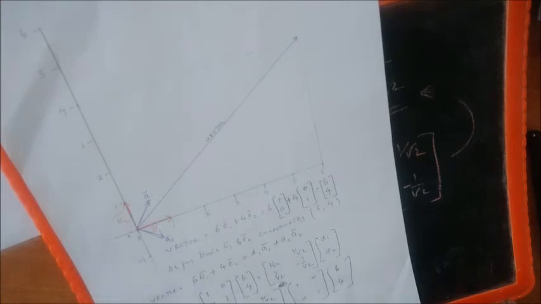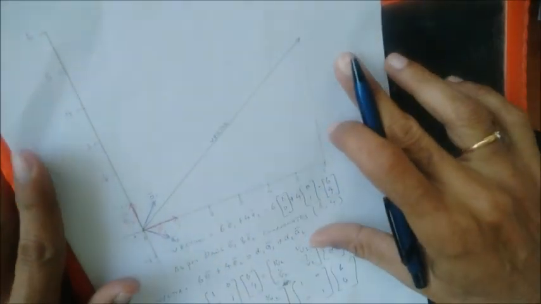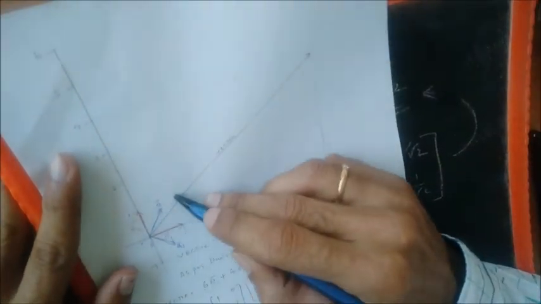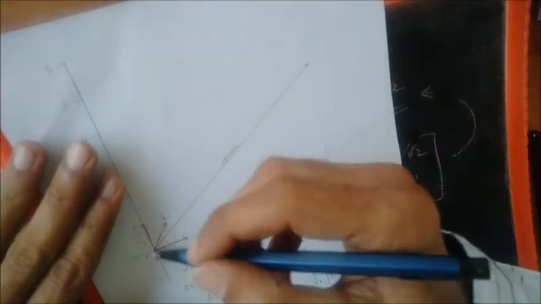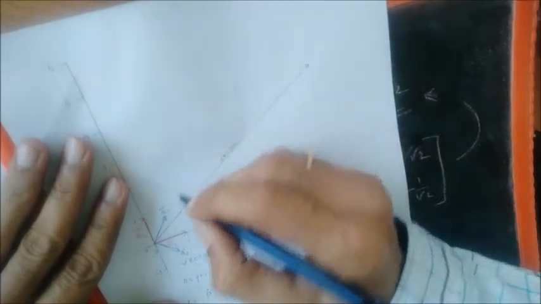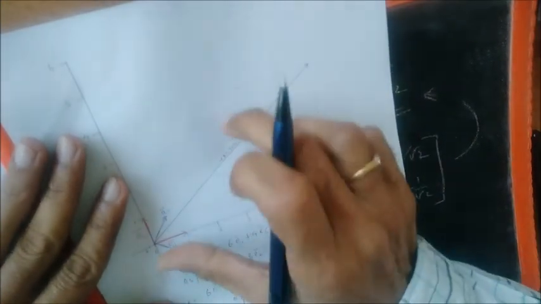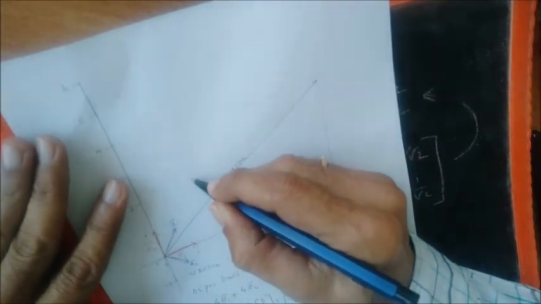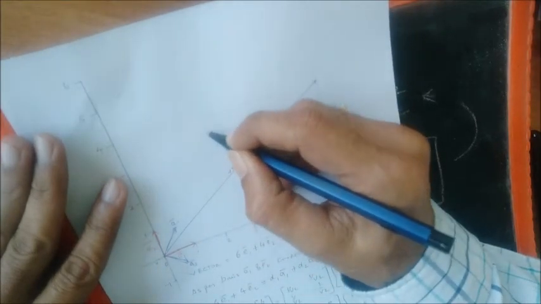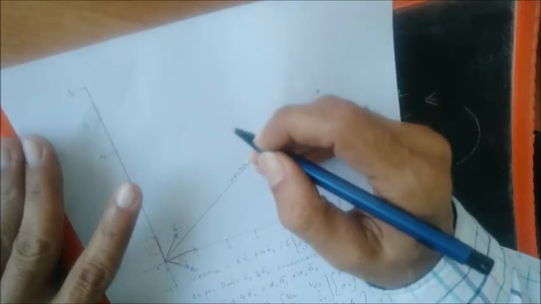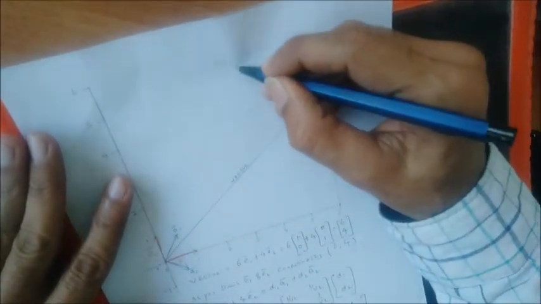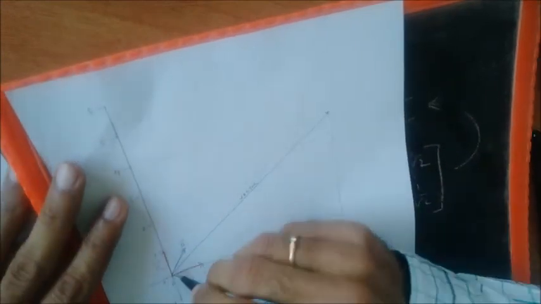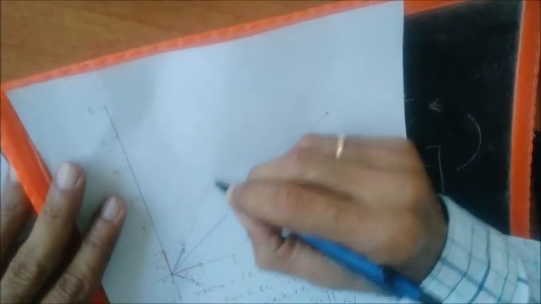So this means that alpha 1 has to be multiplied by 7.07. That means it has to be amplified, or its magnitude has to be increased 7.07 times. I'm showing it roughly with my hand: 1, 2, 3, 4, 5, 6, about 7.07, somewhere here. This is a very, very rough calculation, a very rough demonstration.